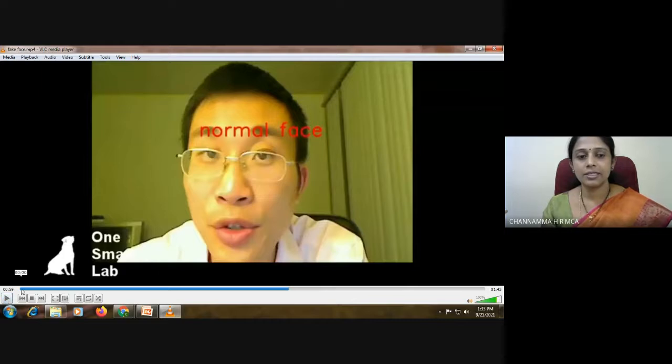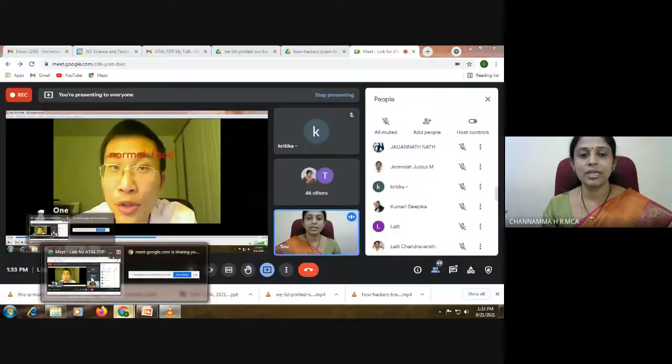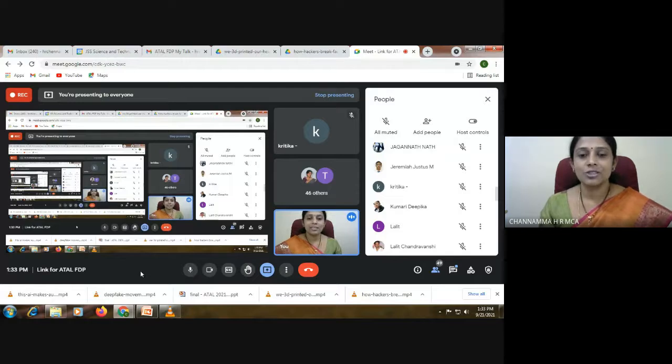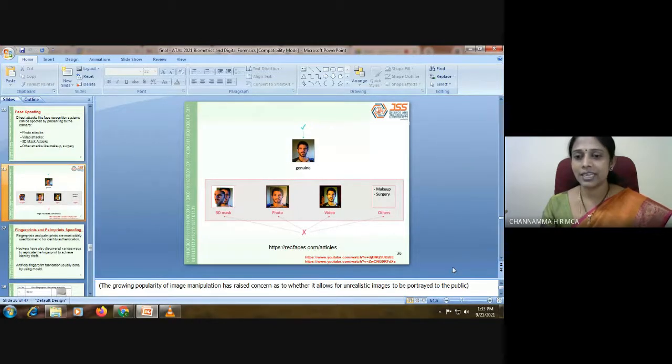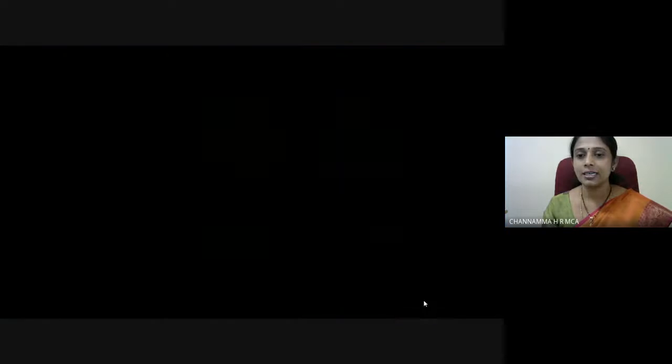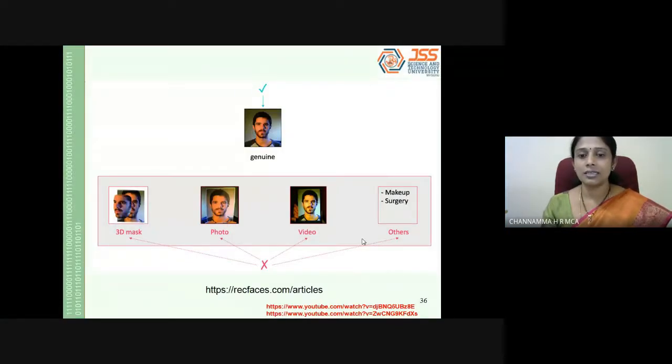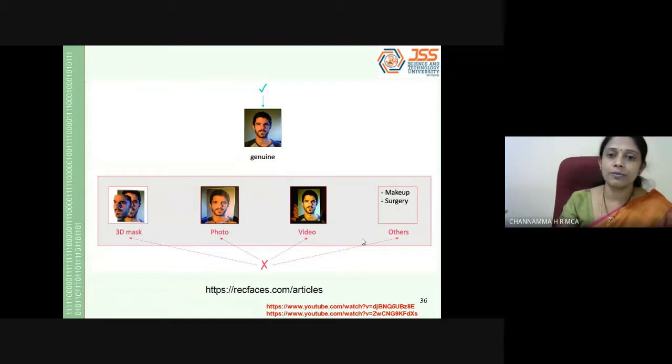Yesterday somebody asked about liveness detection. Actually, I am not explaining here how to detect fake biometrics. I am just showing what the ways are to attack the biometric system. So I'm not covering how to distinguish fake identity from genuine identity here. There are these ways for face spoofing. Even 3D faces can be prepared similar to the real face.